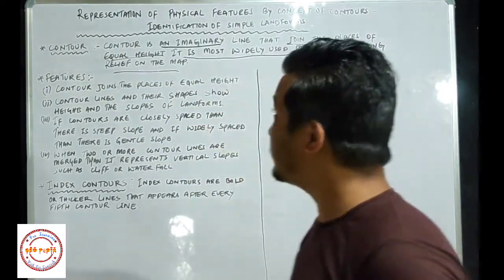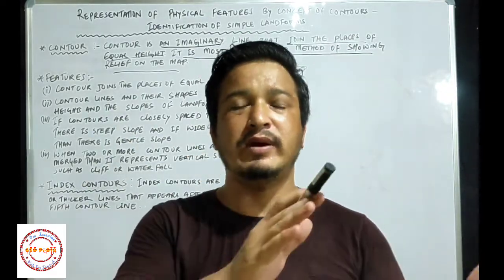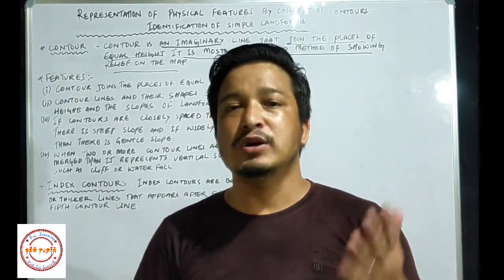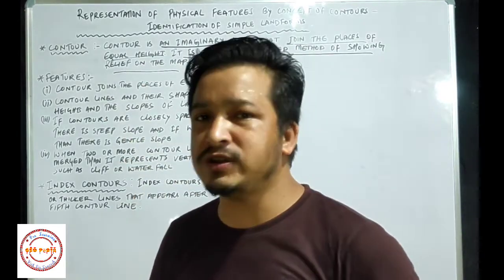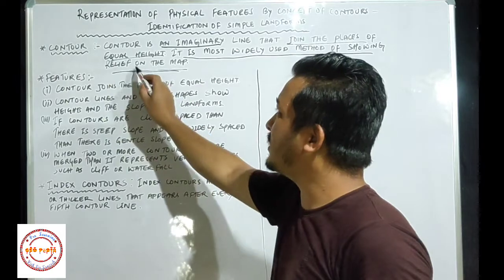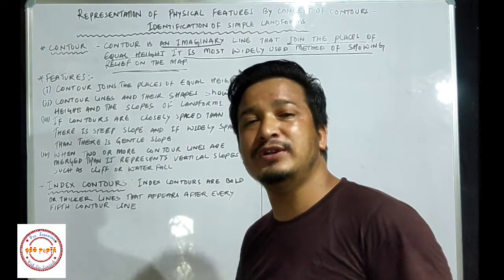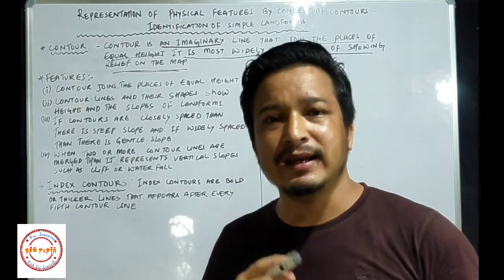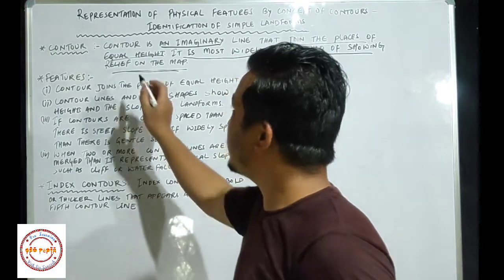This contour method, as I told you in my previous video when we were learning about the 7 methods to represent relief on the map, is very important. I told you the 7th one, contour, is mostly used by people to show the relief on the map. Now what is the meaning of relief? I told you in my previous video. Again, relief means the actual configuration of the landforms, that is, its height and its slope. Height and slope of the landform is known as relief.